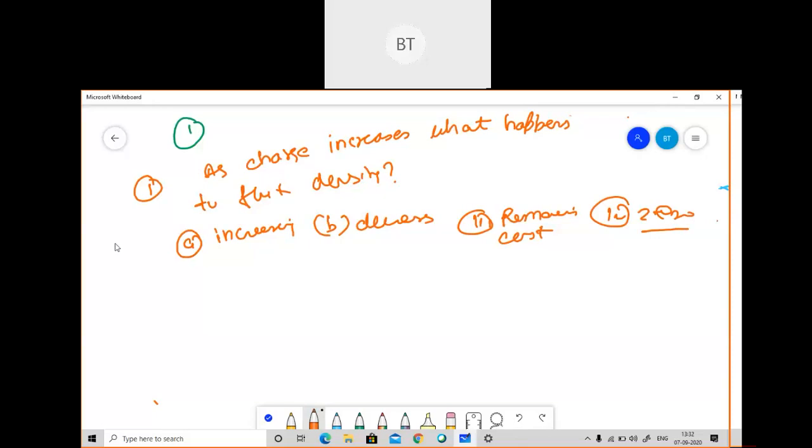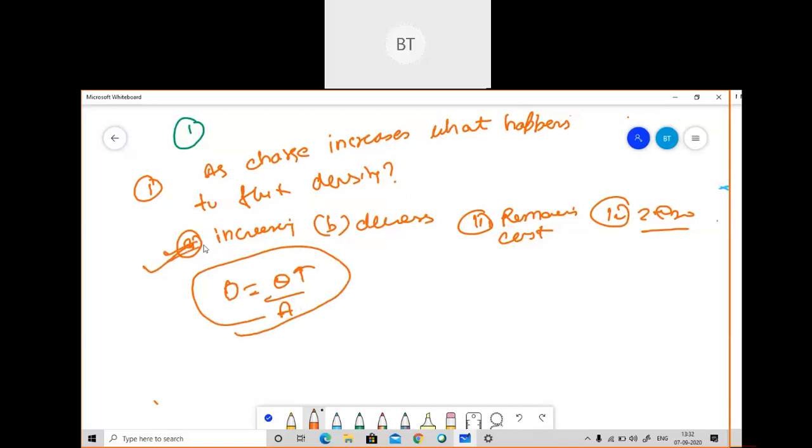Amisha, okay, correct. This time Amisha has given the correct explanation. Yeah, Aditi, it is correct. So for explanation, you can say that electric flux density is the charge per unit area. So the expression we can write is D equal to Q by A. So electric flux density is directly proportional to charge here. Hence, if charge increases, then electric flux density will also increase. So this is the explanation, and option A is correct here.